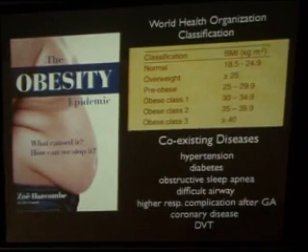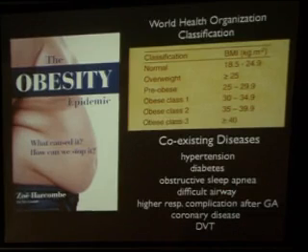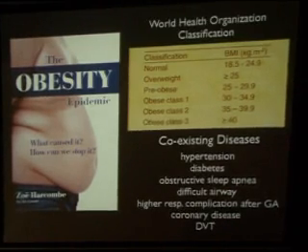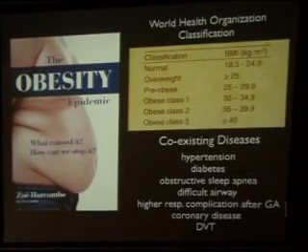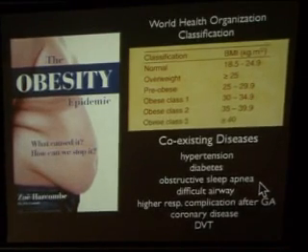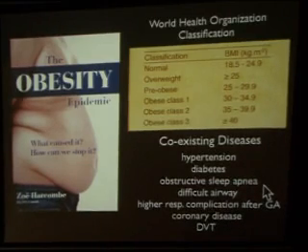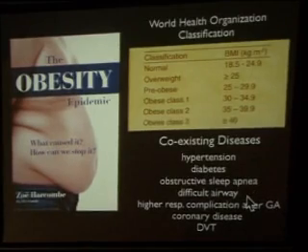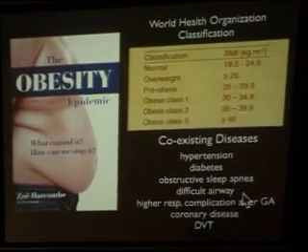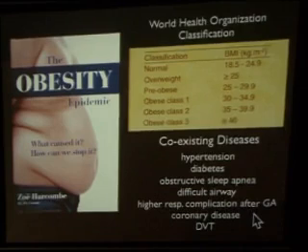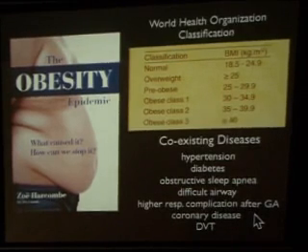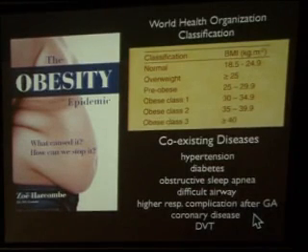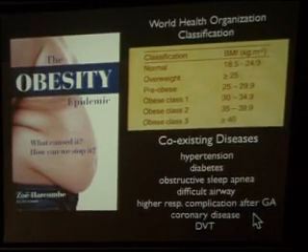So on one hand, we know these patients have many coexisting diseases, and some of them are very good candidates if we can do regional anesthesia. For example, many of them may have obstructive sleep apnea. We want to use the minimum amount of opioids. They may have a difficult airway. We don't want to instrument the airway if possible. And they are known to have a higher respiratory complication rate after general anesthesia. So for all those reasons, we would like to give them a regional anesthetic technique.